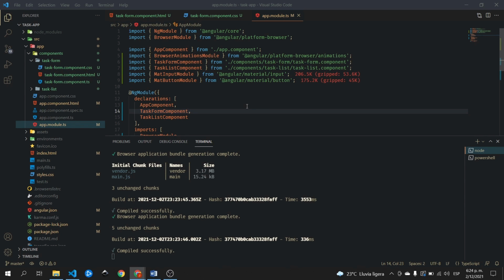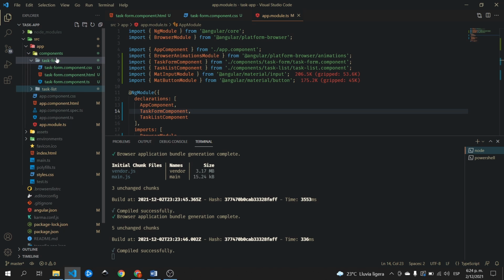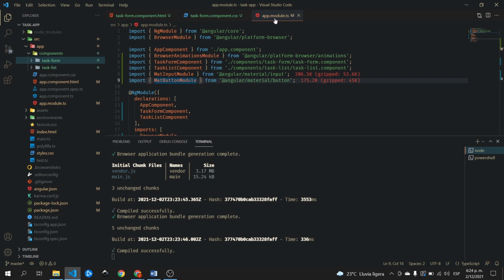Before continuing with building the task list, we are going to create